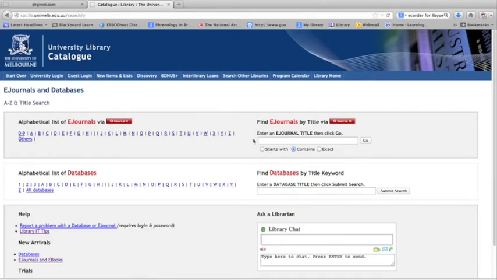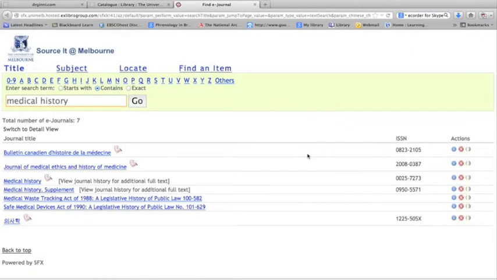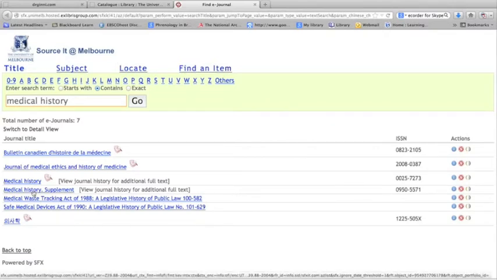Now you get two different things you can look up here. One are databases and the other are eJournal titles. Now if we go into the eJournal titles and just type medical history, you can see that we can either do a search on contains or exact or starts with. I just go for contains, and we see a list of journals that meet that criteria, and this is the link that we want. We click on the link,